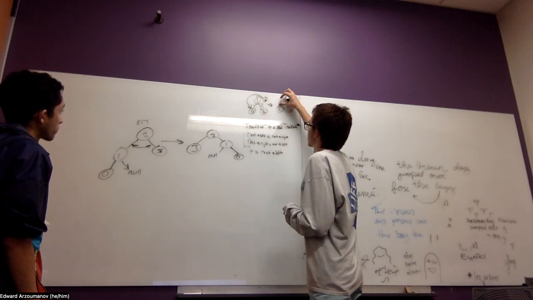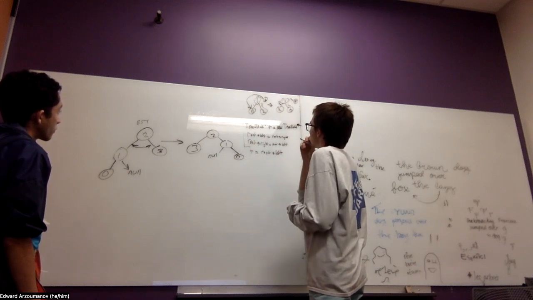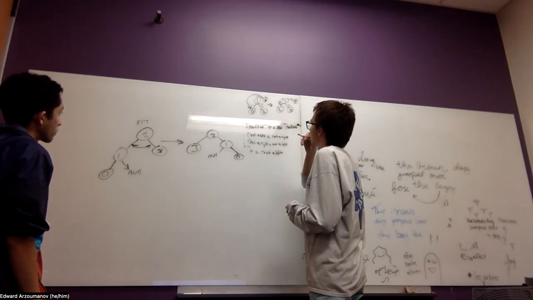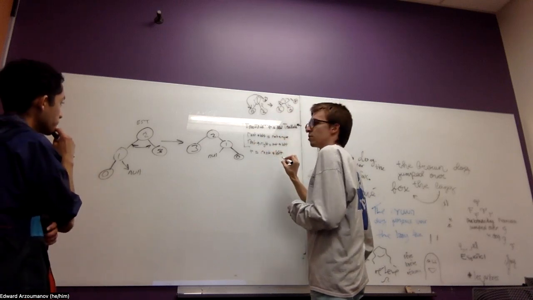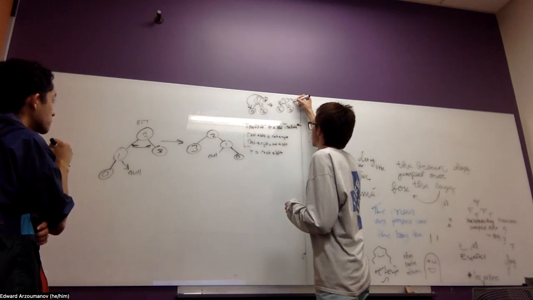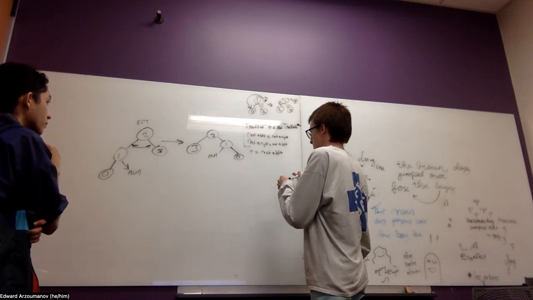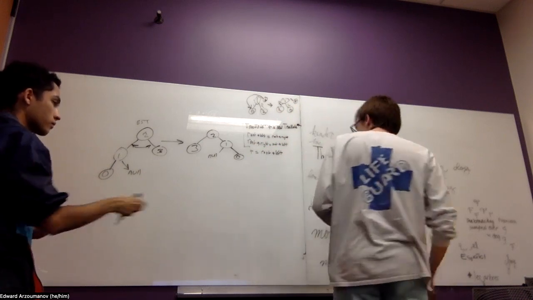Oh wait, no, this is R already. I think I know what you're trying to do. Right, and then we do this. This is going to input the right. So instead of left here, it'll be